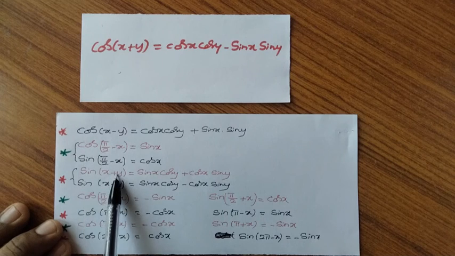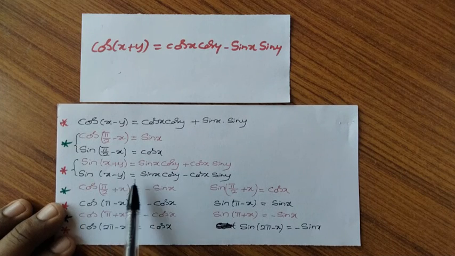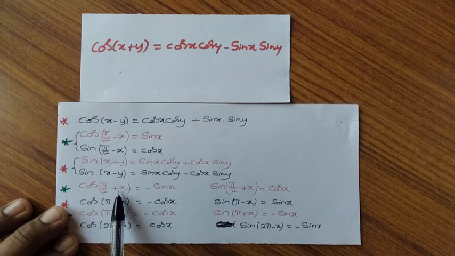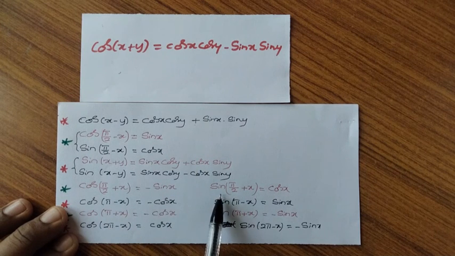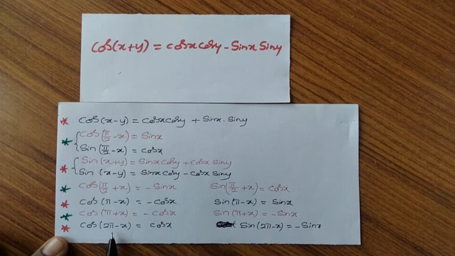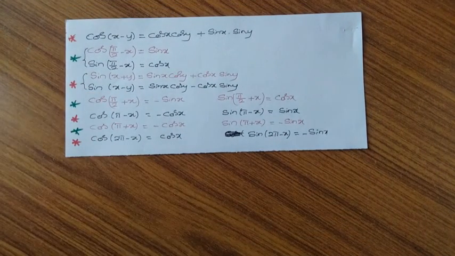And then sin of x plus y equals sin x cos y plus cos x sin y. Sin of x minus y equals sin x cos y minus cos x sin y. Next, cos of pi by 2 plus x equals minus sin x, sin of pi by 2 plus x equals cos x. Cos of pi minus x equals minus cos x, sin of pi minus x equals sin x. Cos of pi plus x equals minus cos x, sin of pi plus x equals minus sin x. Cos of 2 pi minus x equals cos x, sin of 2 pi minus x equals minus sin x. Let us prove them one by one. So here the first result,